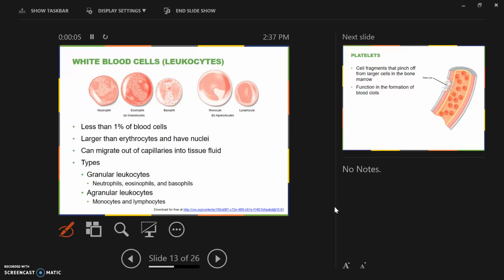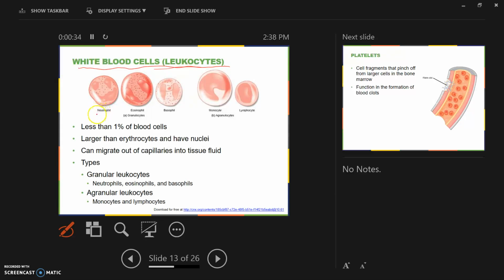Okay, where we left off, we had talked about red blood cells, or erythrocytes, and now we will cover the white blood cells, known as leukocytes. There are 5 different types: